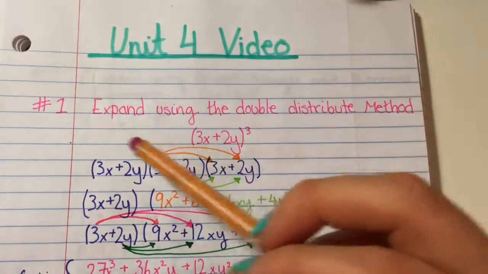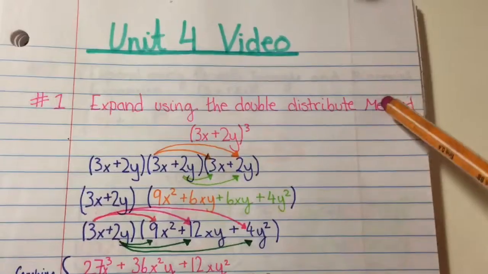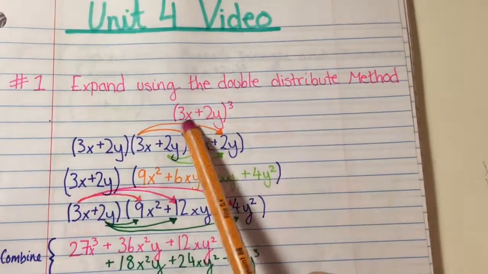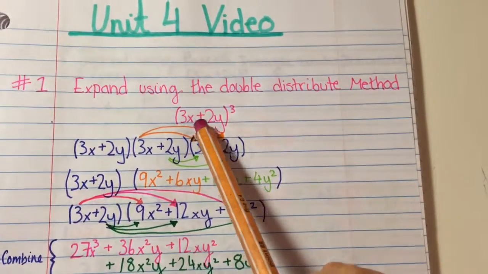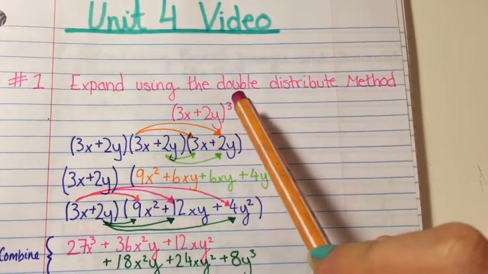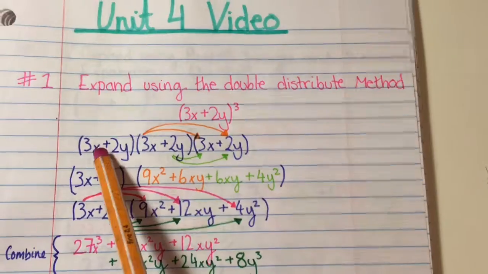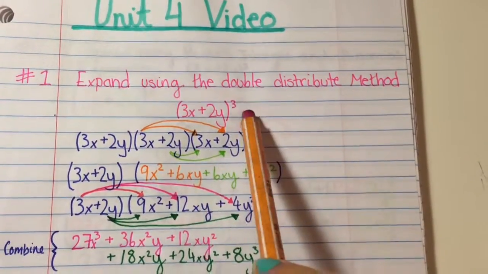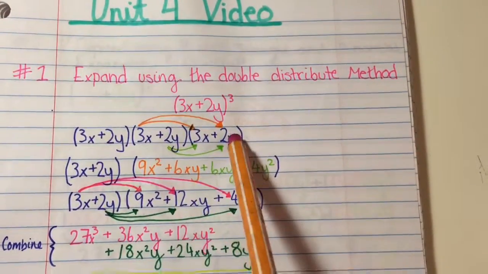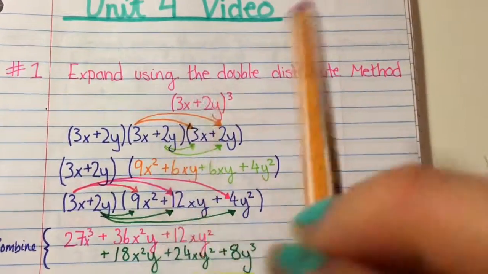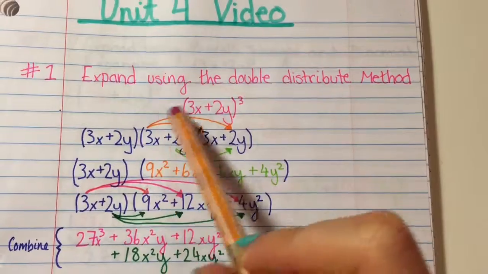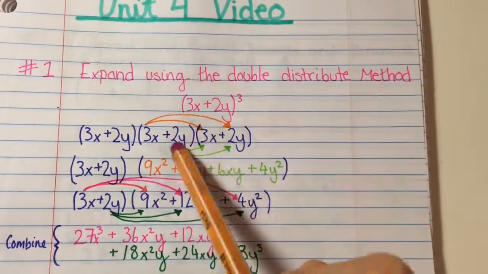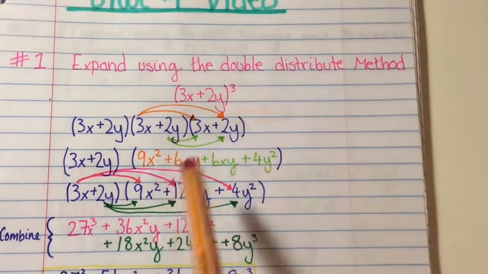So the first problem says expand using the double distribute method. And here's the problem: (3x plus 2y) cubed. So this is how it looks. You literally do that times 3, so (3x + 2y) times 3. And then how we're going to do this is we're going to ignore the first one and multiply out like that, and also like that. So that then equals